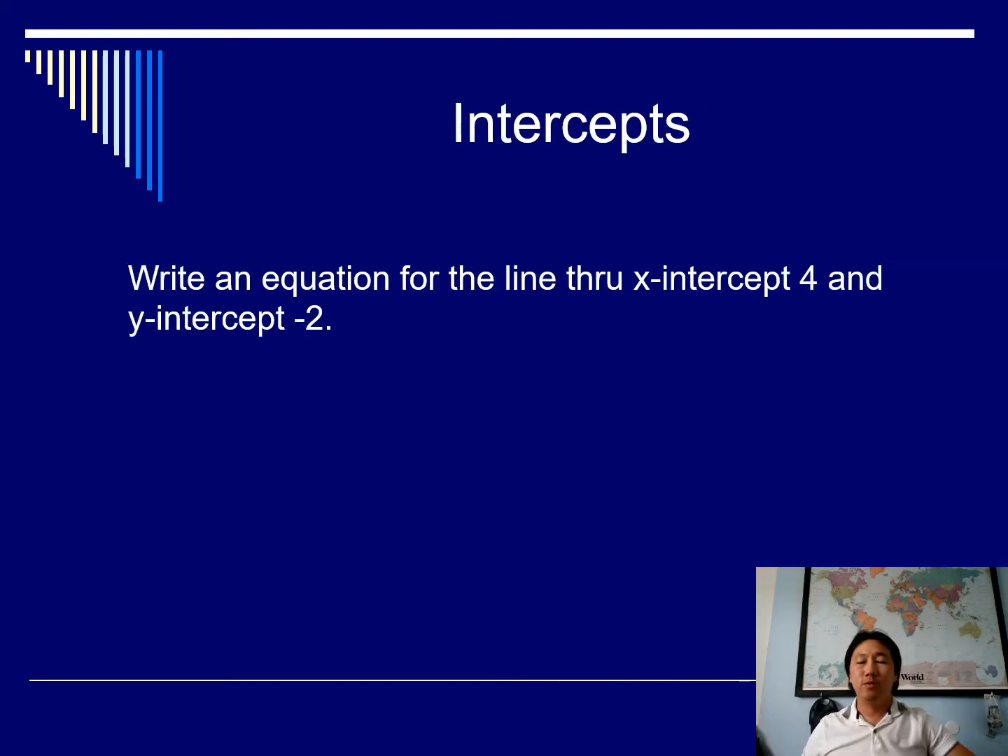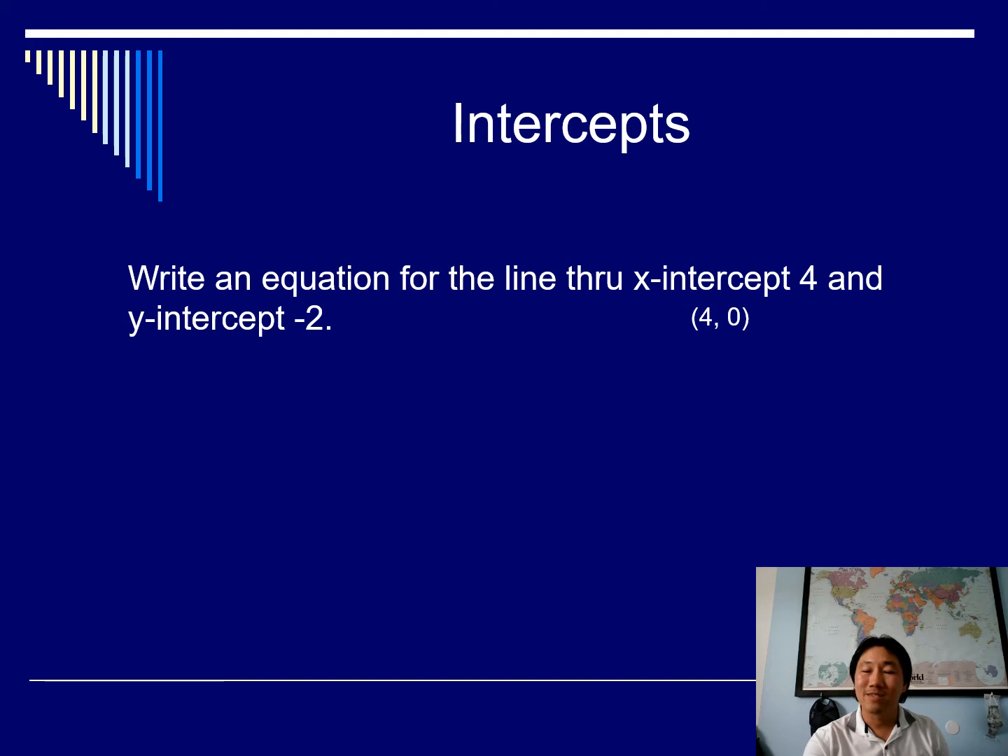All right, let's do a few more examples, this time with intercepts. You have to remember what intercepts are. Write an equation for the line that goes through x-intercept 4 and y-intercept -2. So intercepts are points where your line crosses the x-axis and the y-axis. All right, and so they give you 4 as the x-intercept and -2 as the y-intercept. You should know that